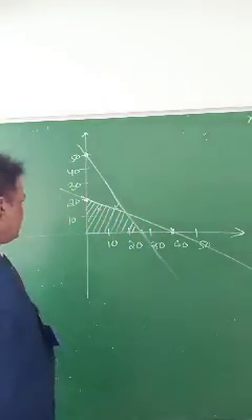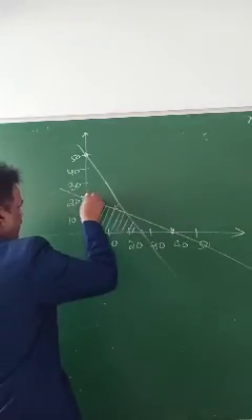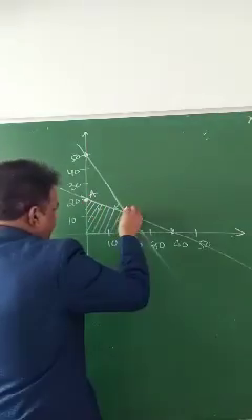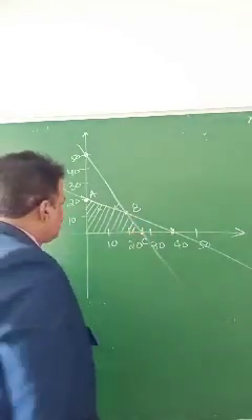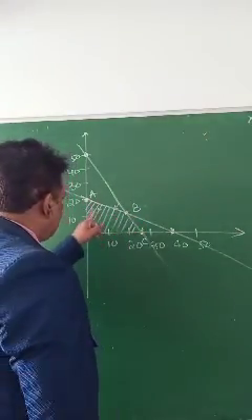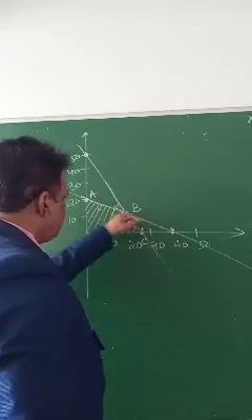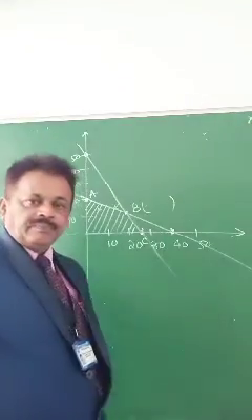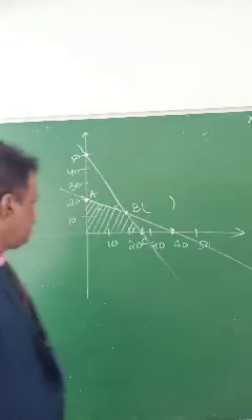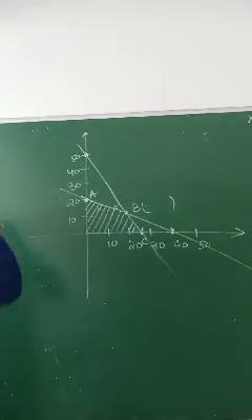The feasible region means the corner points will be A, B and C. So we have to see the values at the corner points A, B, C. Now the B point you have to find out from the graph, so I can just tell you what the value is here.